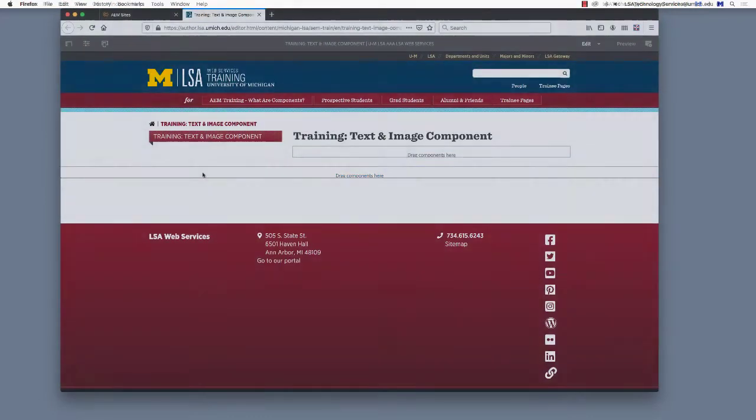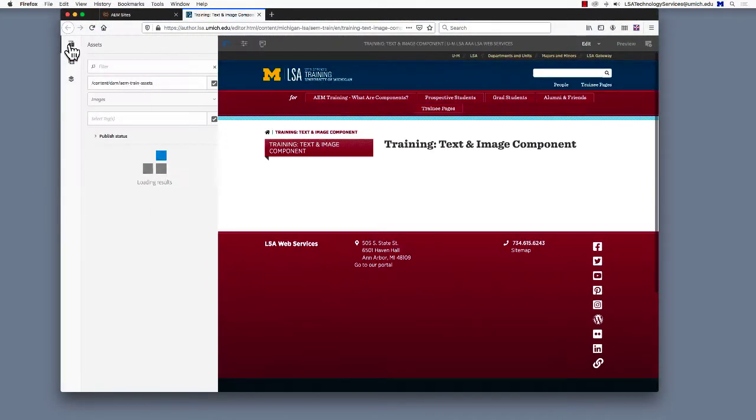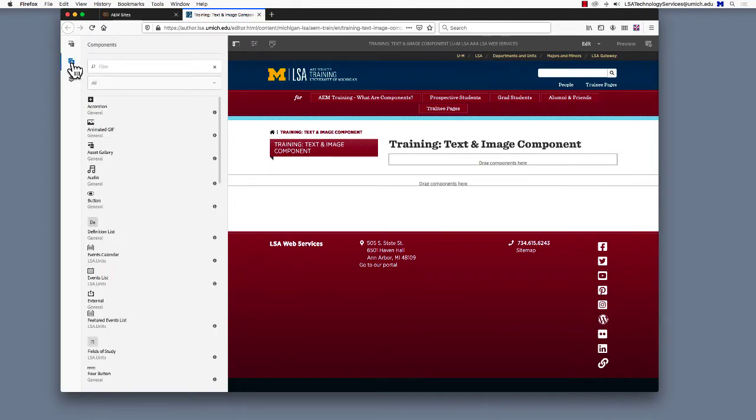In this video, we'll set up a text and image component from scratch. We'll also edit the text and the image so you can see how the AEM component interface looks for both these procedures. When we add an image, we will use one that has already been uploaded to our site's storage